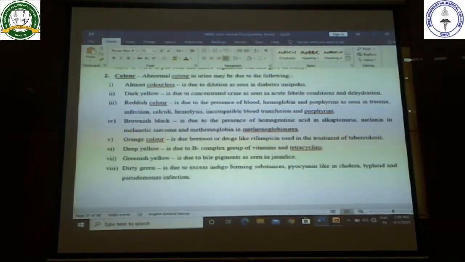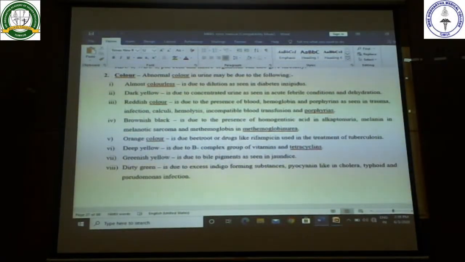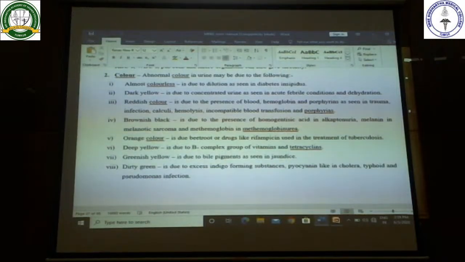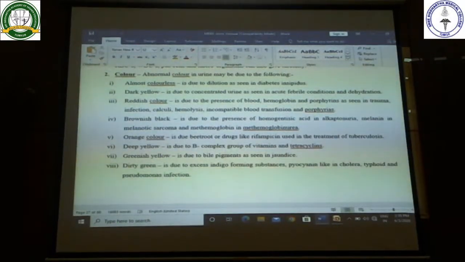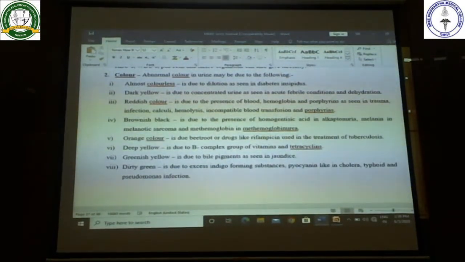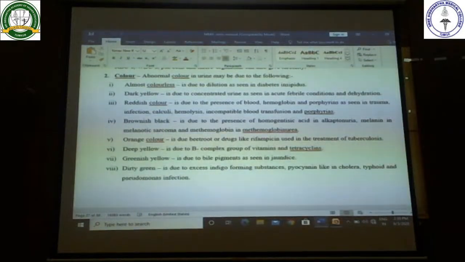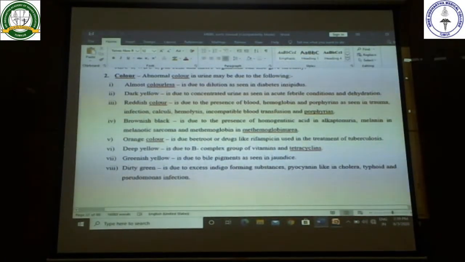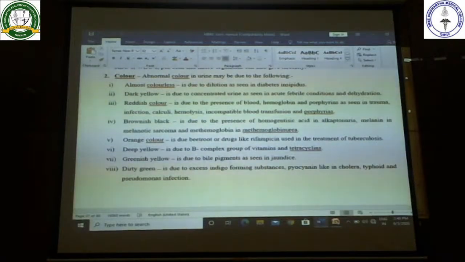Then you can see orange color. A patient comes and says, doctor, my urine is orange in color. So what could it be? First of all, when we are treating a patient for tuberculosis, there is a combination of 4 drugs, one among which is rifampicin. Rifampicin is a very, very important drug used in the treatment of tuberculosis. This rifampicin will change the